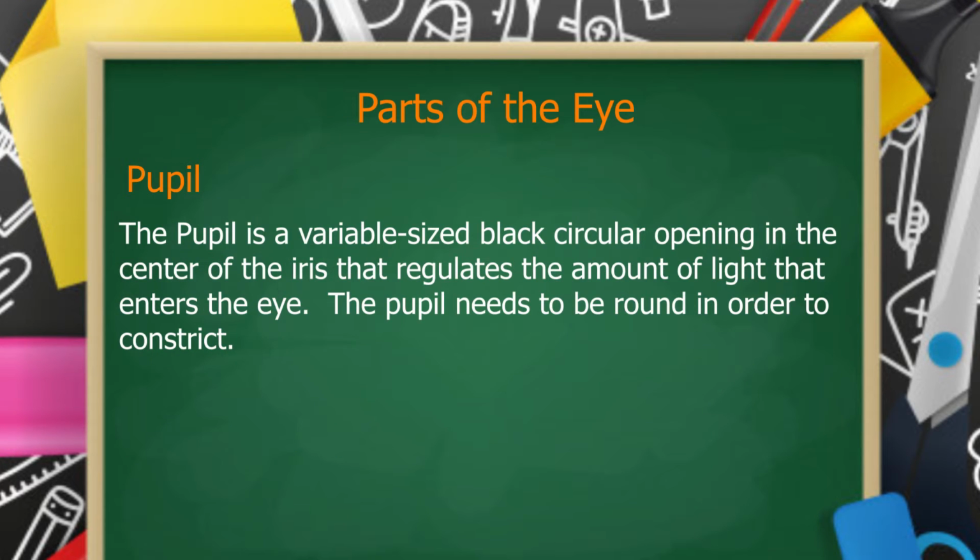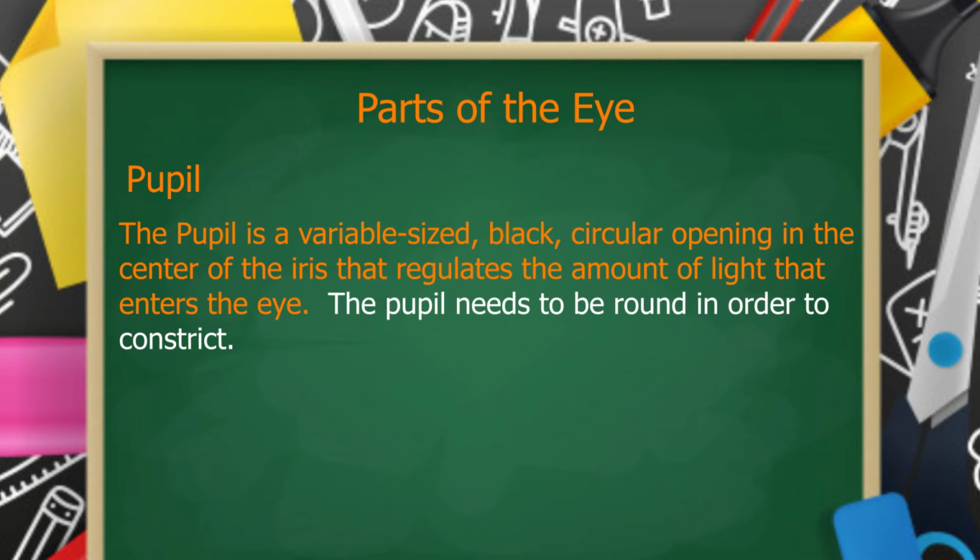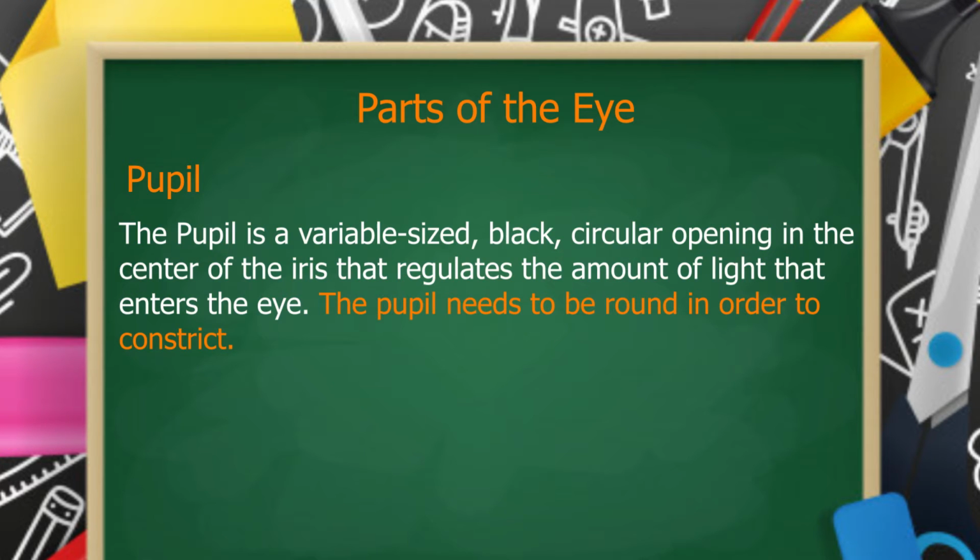Let us now look at the pupil. It is a variable size, black circular opening in the center of the iris that regulates the amount of light that enters the eye. The pupil needs to be round in order to